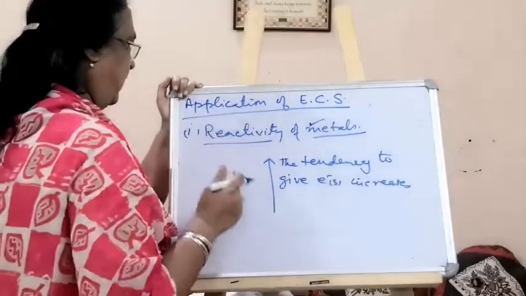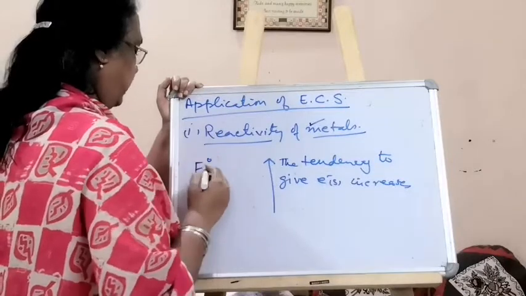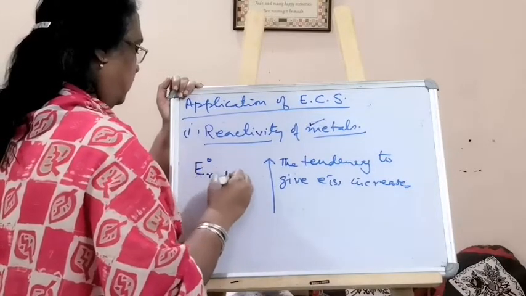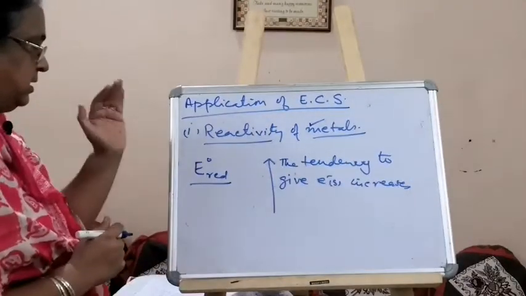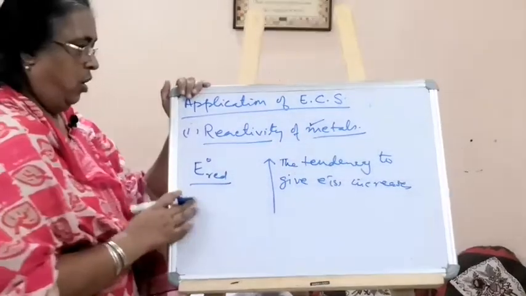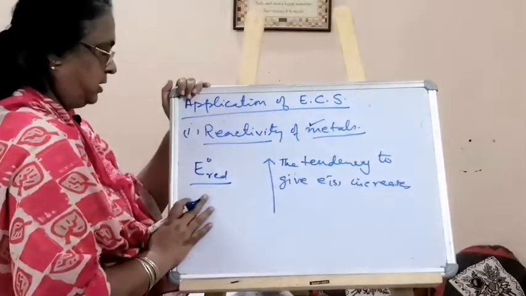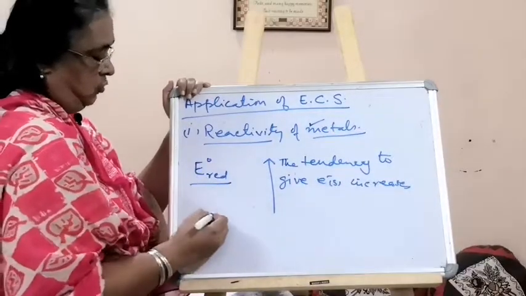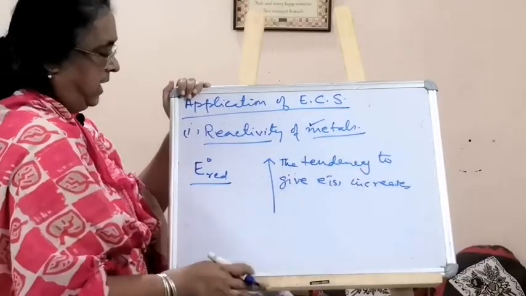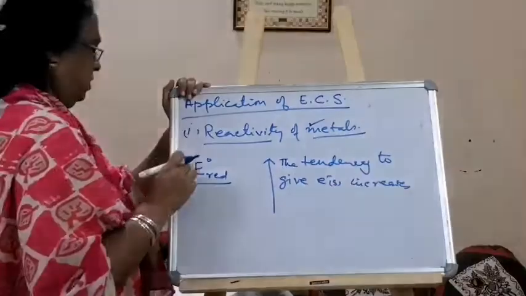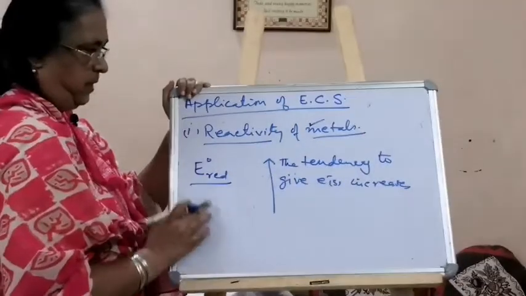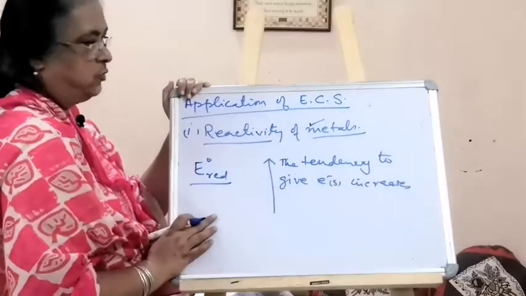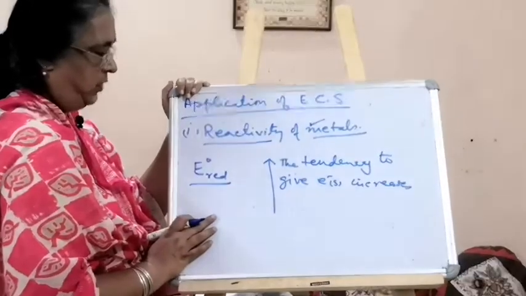So what you have to remember is that we always consider the reduction potential of any metal or electrode system. If you may be given 3-4 negative values of the reduction potential, you will have to choose which metal is most reactive. You have to state the reason.